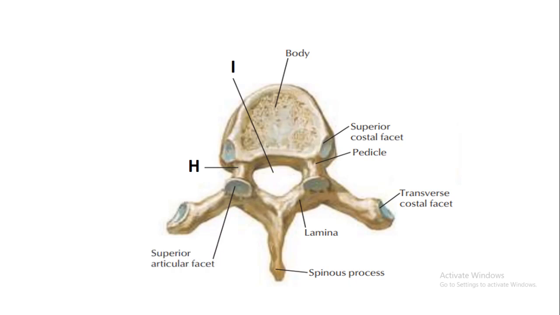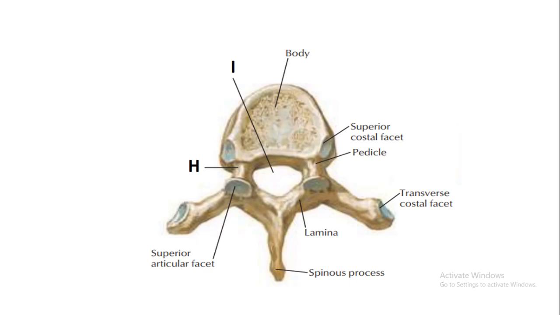Then from there, you can simply look at the superior articular facet. We first had the superior costal facet, which is on the costal side of the bone, and now we have the superior articular facet. The superior articular facet, in most cases, always articulates with a certain bone, but I'm not explaining the content of that part because that has its own explanation, and in this video I'm just focused on